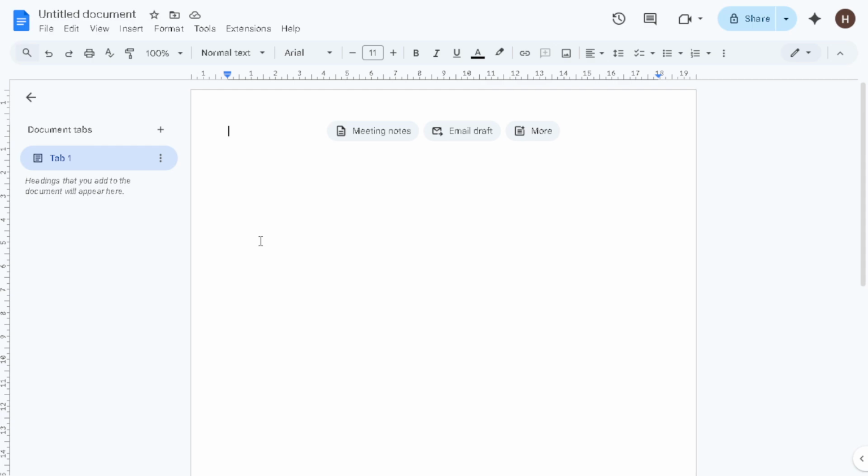Remember, adjusting your margins can have a big impact on the overall look and feel of your documents. So play around with different